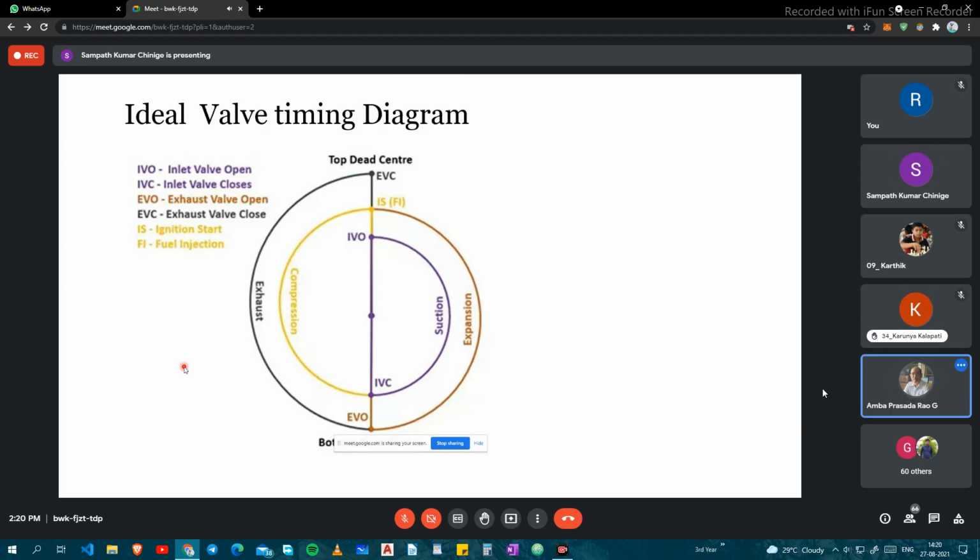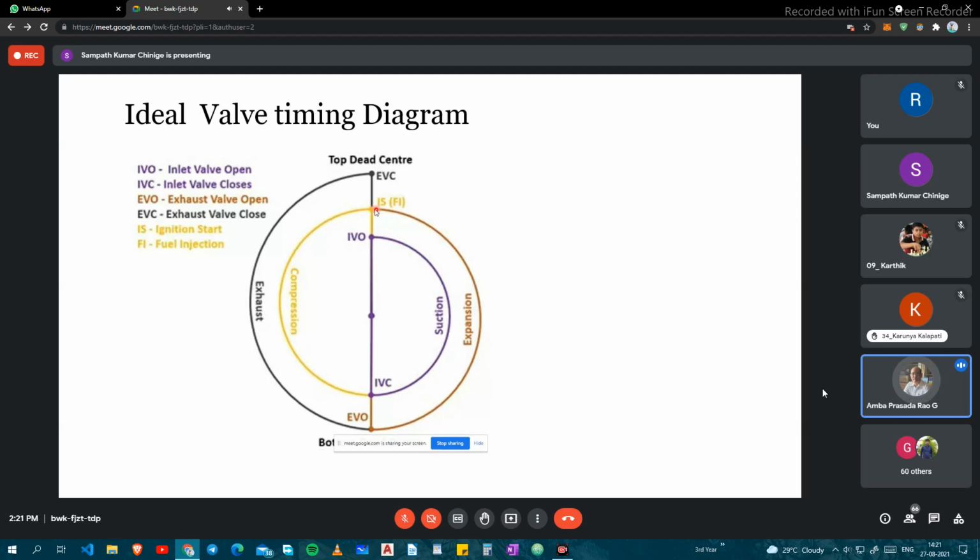Okay. So whatever operations we have shown are for a four-stroke engine in an ideal cycle. Okay, how the ideal diagram will be. The piston is at its topmost point, and as the piston descends from top dead center to bottom dead center, the crankshaft rotates, completing 180 degrees. So the valve opens here: IVO, inlet valve open. It will be kept open till the piston reaches the bottom center. The inlet valve closes here instantaneously, and then compression begins and comes to the end here.